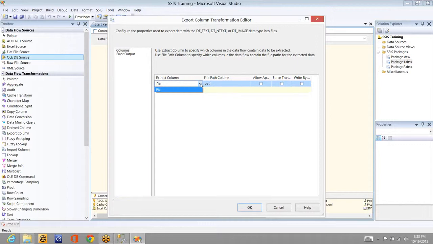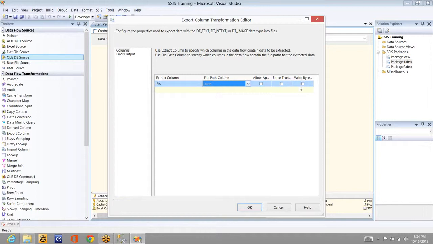Why? Because it will show only those kinds of columns which can hold the text files or image files. In the same way, path means it can be only in varchar data type. So that is why it is showing only path. And here are append, truncate, and create new. These three options will be there, and there are many combinations for this. I'll show you in the Microsoft MSDN site. Append means whether you want to append to the existing file or not. Let's say it is a text file, if you want to append to the existing file or not. The last one says whether the file already exists or not.